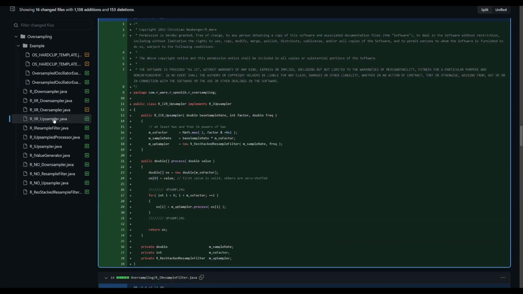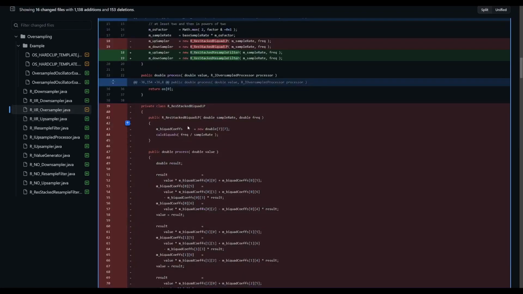There is also the upsampler, which is new, which does the same as the downsampler but in the opposite direction. It has the same interface. It has almost the same interface. It only has the process function that takes one single double value and produces an array of values. The downsampler